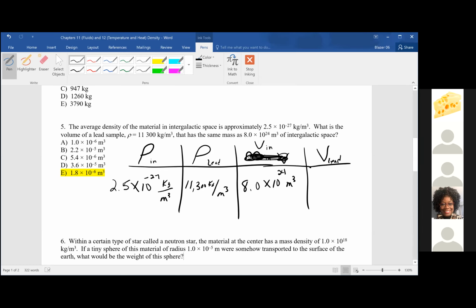So if we know both the mass of the intergalactic space sample, and we know the volume, we're going to compare these two. So the thing you want to know is that this is the average density of the material intergalactic space. So our equation says,